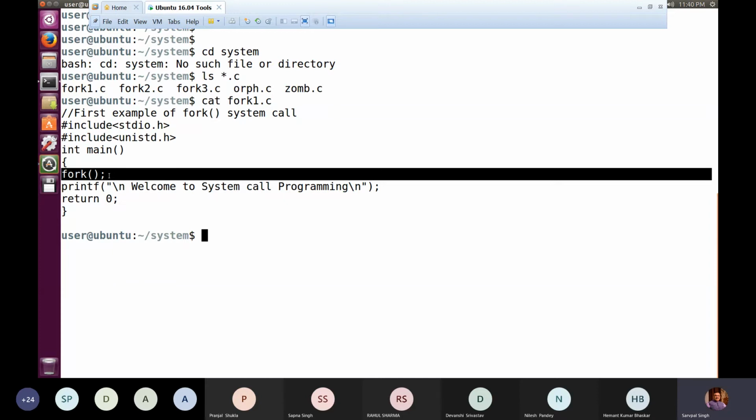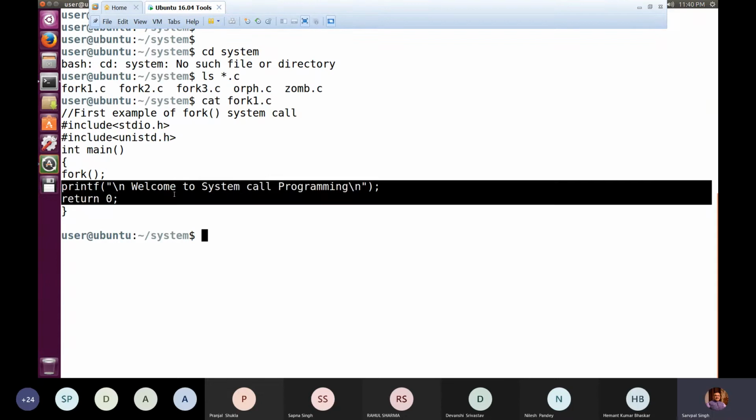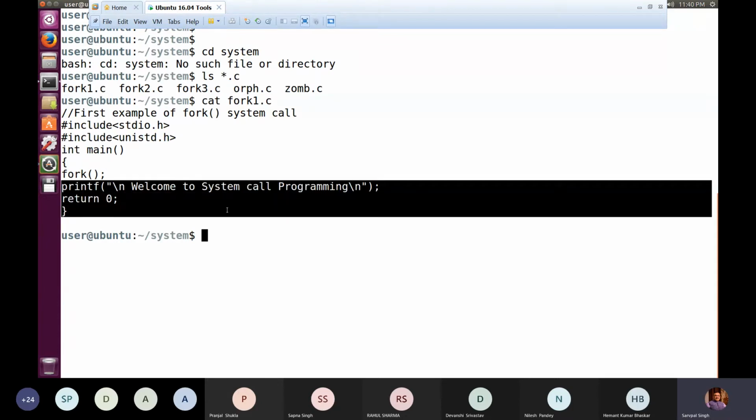Just on the white screen, I have shown that when a parent is creating a child process, a child process is created. Now, from this point onwards, this statement and the remaining ones will be common in both the programs. Any one out of these two, the parent or the child, will go ahead and print welcome to system call programming. And eventually the control is returned back to the other program.